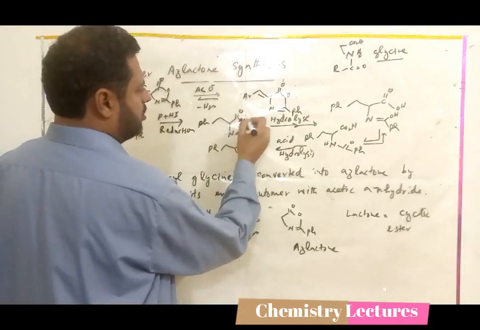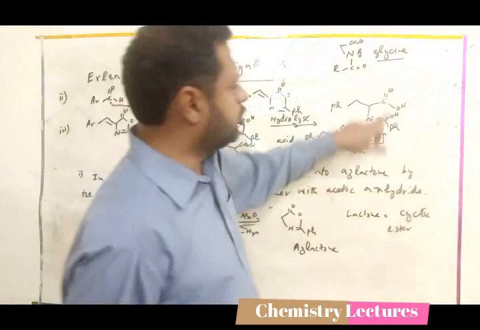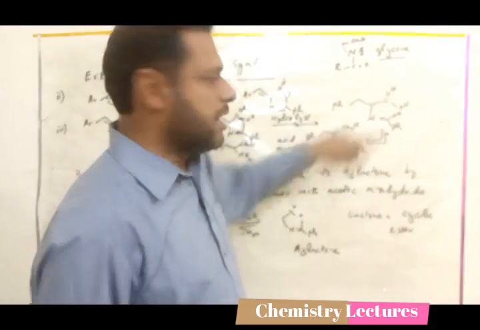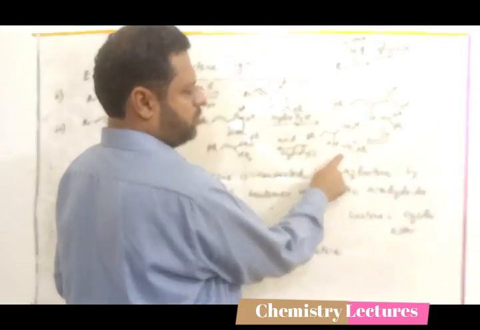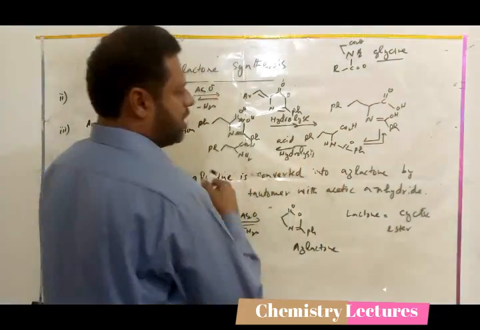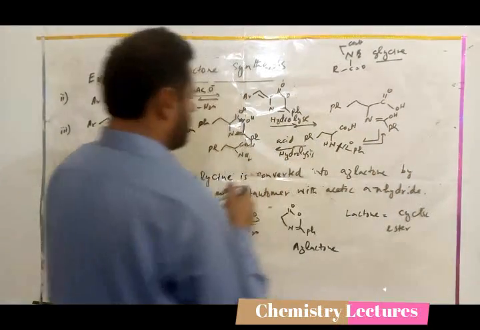This bond is broken, you will have H here and H here, so you will have two hydroxyl groups, the ring will be opened, and then the tautomer form is formed, and when this tautomer form is hydrolyzed, this bond is removed, the benzoyl group is removed, and you will get